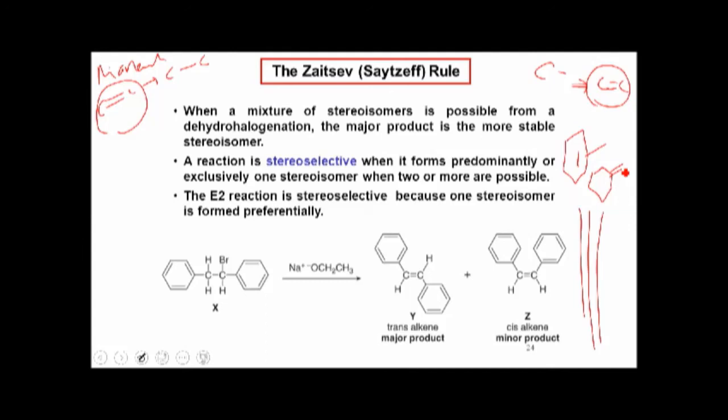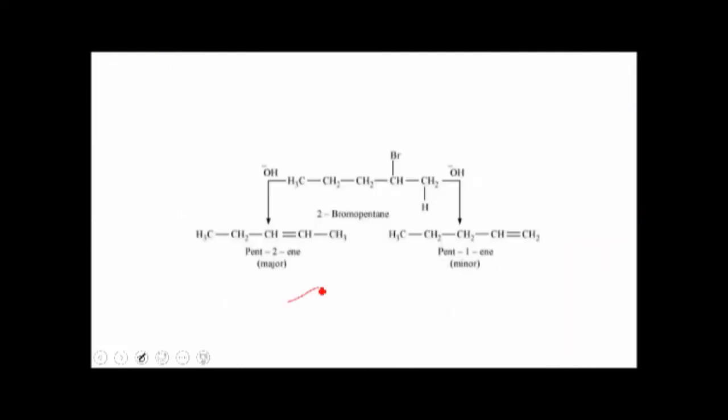Like this one, it only has one hydrogen over here, but in this case it has two hydrogens. Zaitsev prefers this one. For example, you have bromopentane there. From an alkyl halide, you want to make alkene. This is a reaction of alkyl halide. So you will observe that this one will be the major one instead of this one, because over here